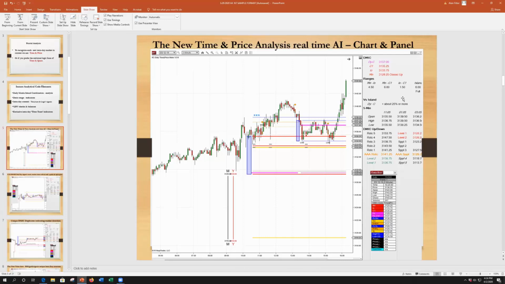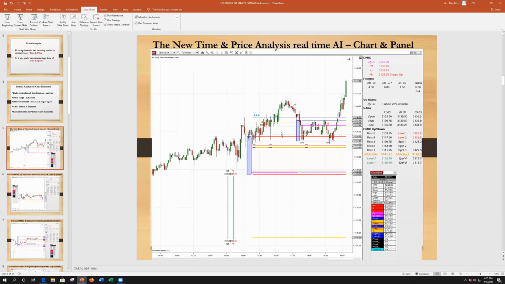Under versus island in the panel, this indicates the position of the DYC with other code lines of the DMIC codes. So the DYC is the magenta line you see, and it's important to know what that relationship is to the rest of the code lines. Under 5 minutes, we get the open, high, low of our orange time team. The first open orange time team on the chart has 2 BISC lines, high and low. So here's our first orange time team bar, and here's the BISC line showing the high of that bar and the low of that bar.